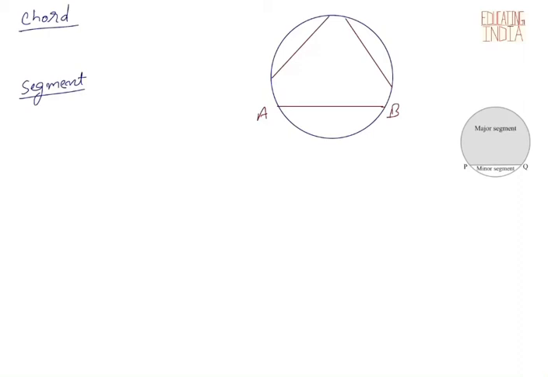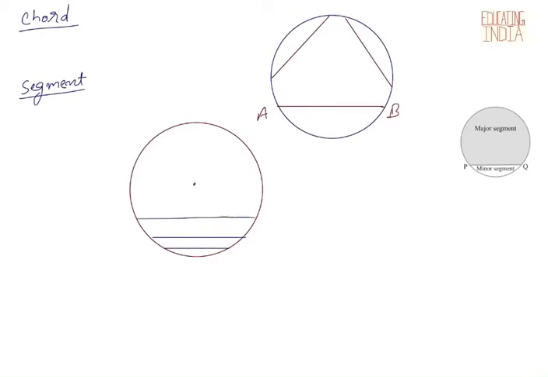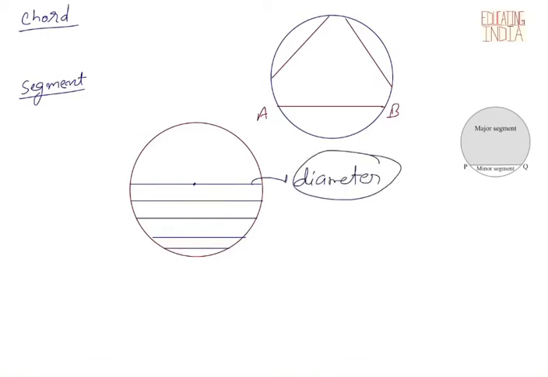See, we will draw one more circle and I will explain this. What could be the largest length of a chord which can be drawn in a circle? This is the center. This is the chord. We go a little upward, the length increases. We go a little more upward, the length increases. We go a little more upward, the length increases. And finally, when the chord passes through the center, it is called the diameter. So the diameter is a special chord, when the chord passes through the center.